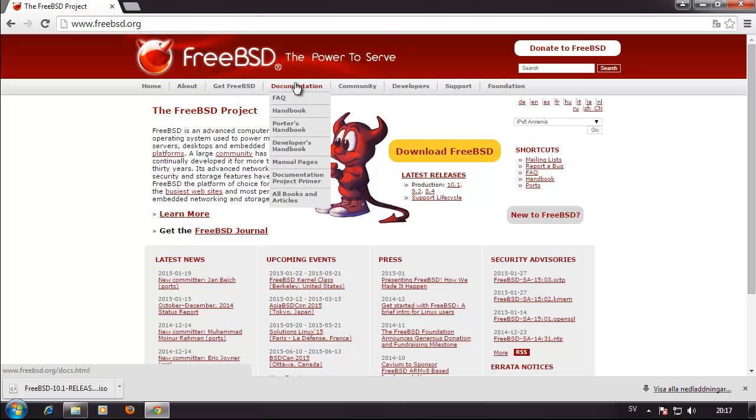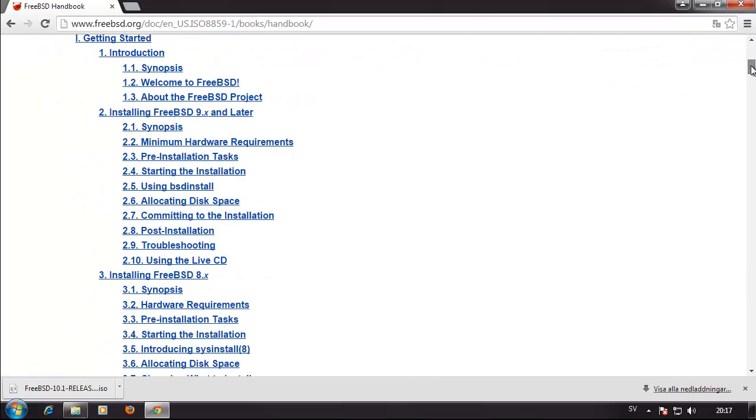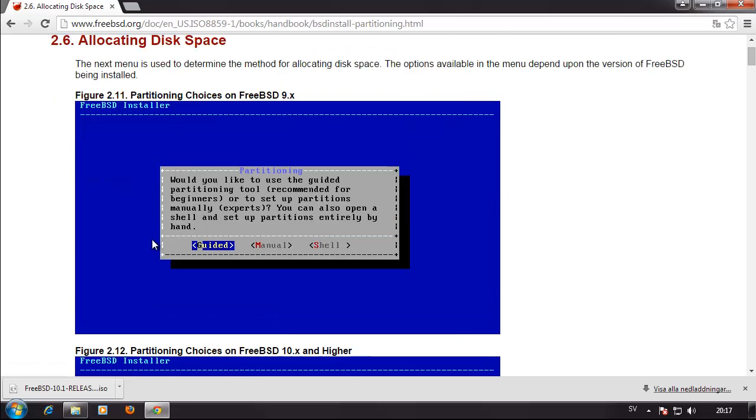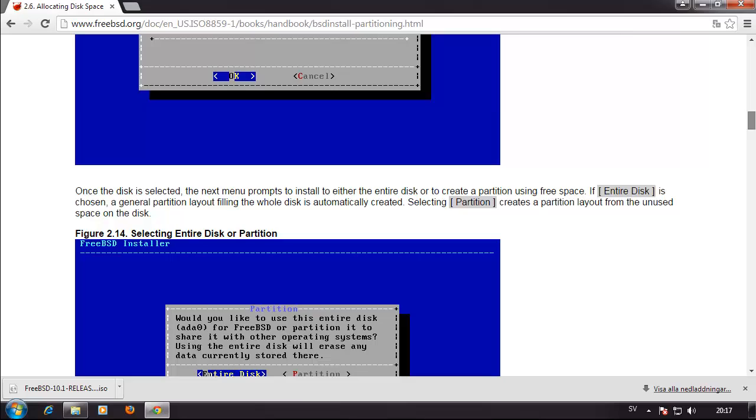You take documentation up here and select the handbook. And then we should look for, let's see here, allocating disk space, I think is the correct page. Yes, this looks correct. Instead of this one we used guided before, so we are going to browse down to the